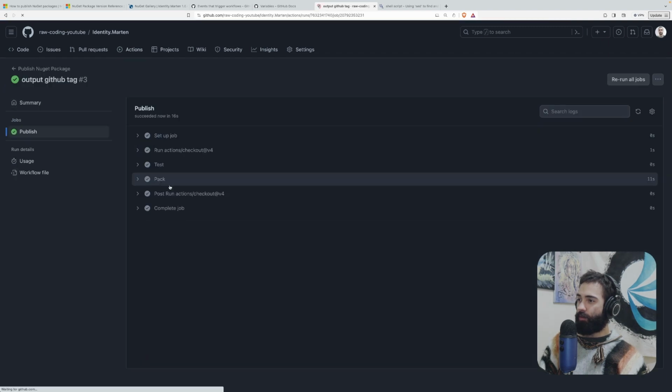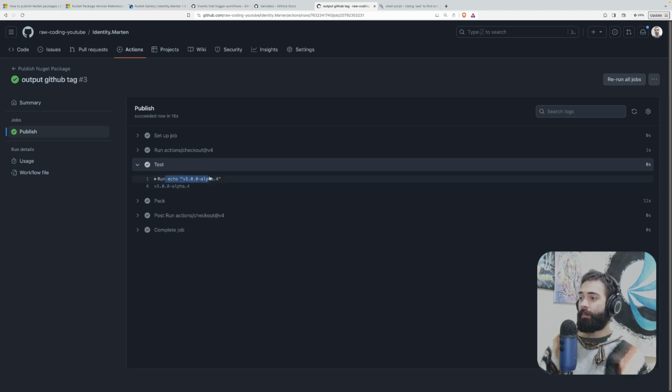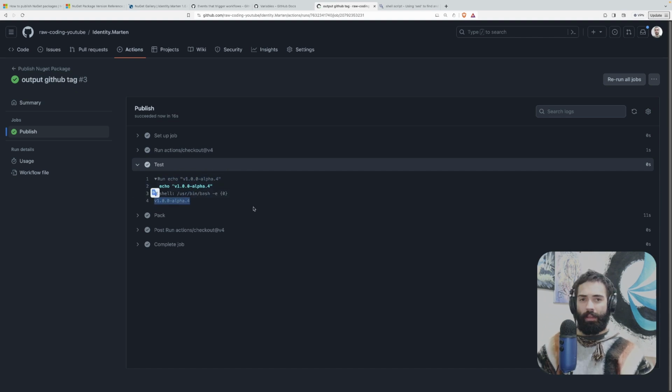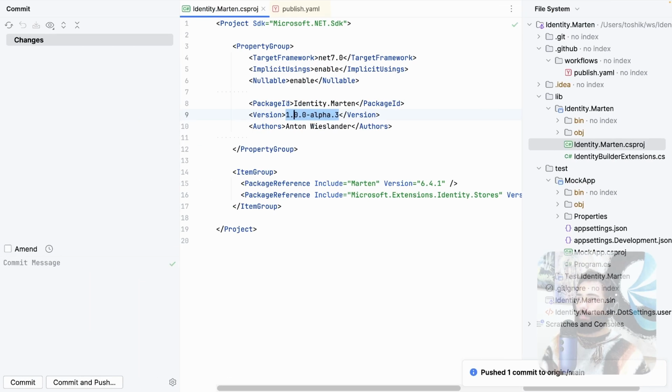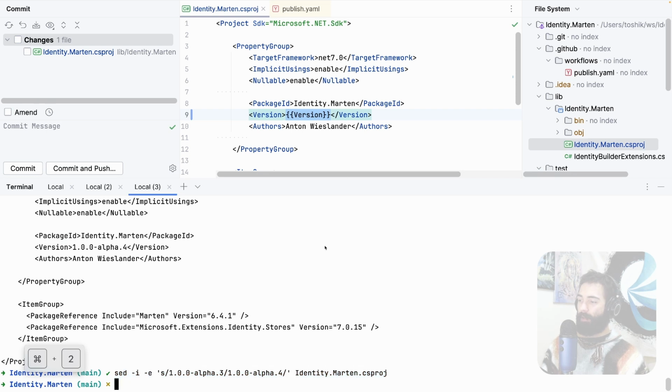Let's take a look at output GitHub tag. So where we had test, here we can see that it's echoing the tag, right? So that's what we ran, and this is what has been outputted. Now we can combine the two things, the sed and effectively the templating, which is going to give us our desired result. So let's place something like version over here, which we can then use to replace this. So again, if I come back over here, grab the sed command,